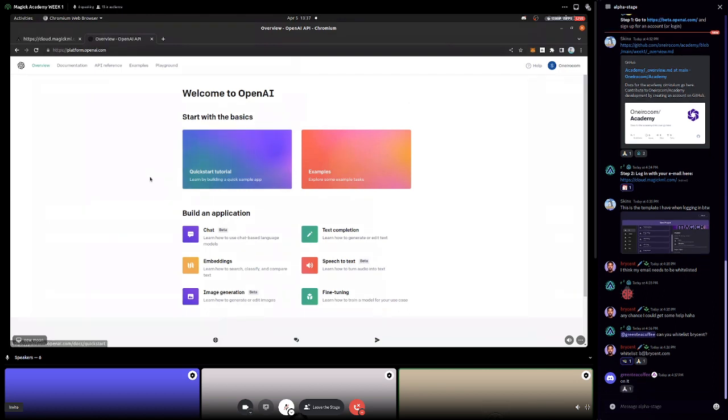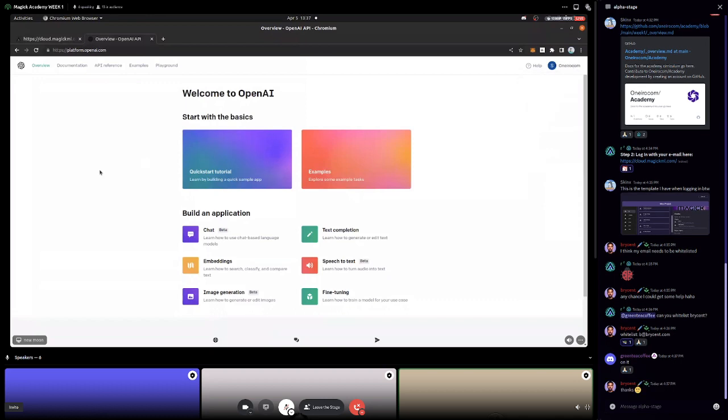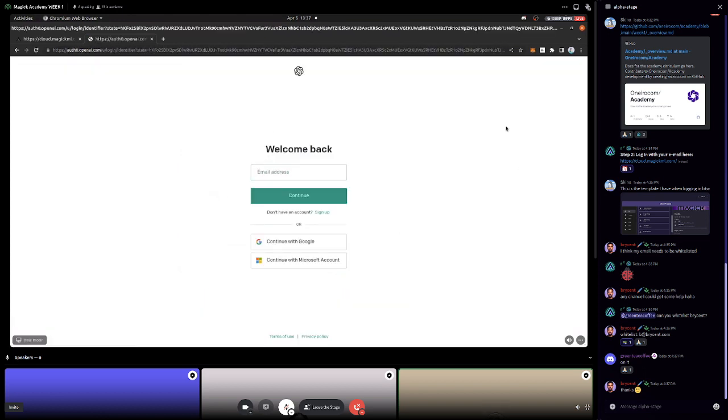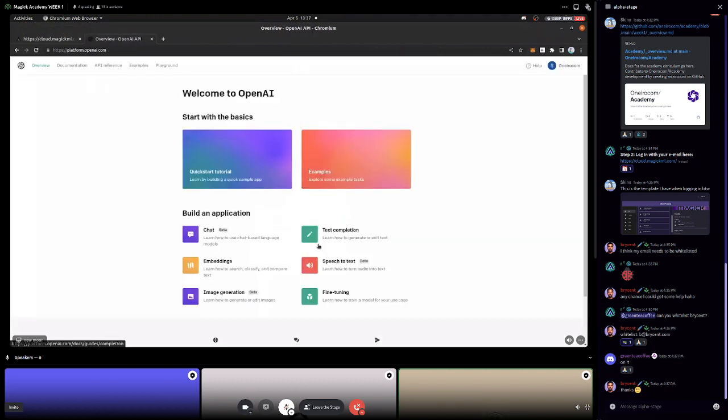So we're going to go through logging in and getting an OpenAI key. First, you have to have an OpenAI account. Now, if you have a ChatGPT account, that's great, or a DALL-E account, that's great, but they're actually separate accounts. You're going to need an account for platform.openai.com. You can see I am on the login screen. I just log in with Google. It's free to make an account. If you have any problems, there might be some countries where this isn't supported, so let us know. But you should just be able to make an account, get some free credit, and get started.